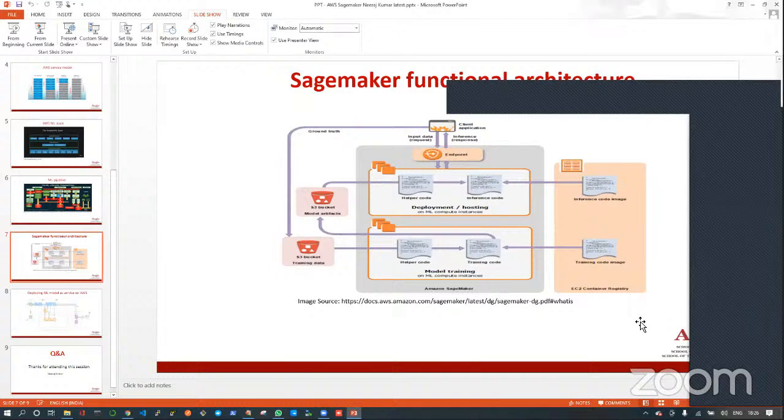Yes, sir. Okay, so all those complexities are hidden and are not a botheration for a data scientist, and that's why SageMaker is so powerful. It gives you a containerized way of running or deploying your models, and ultimately it will expose your model as a web service through this endpoint.